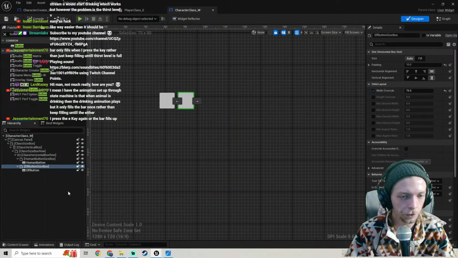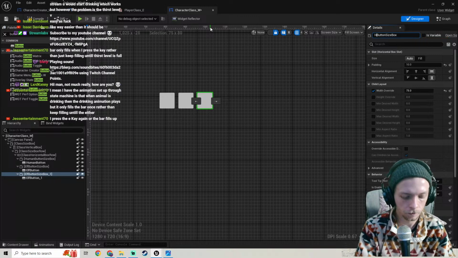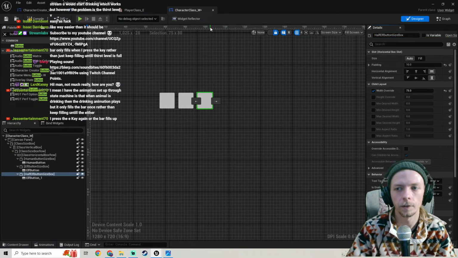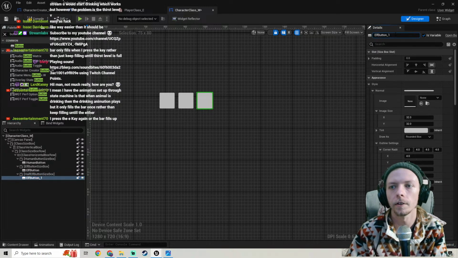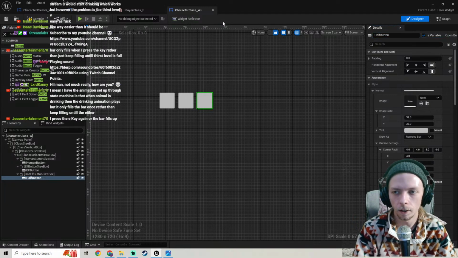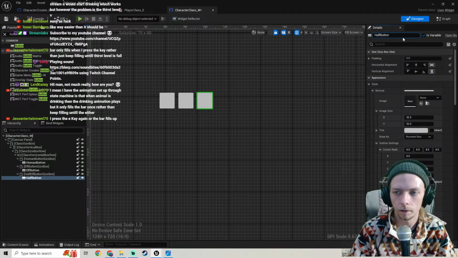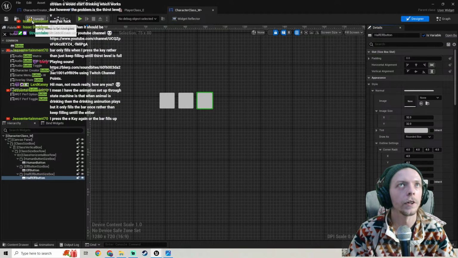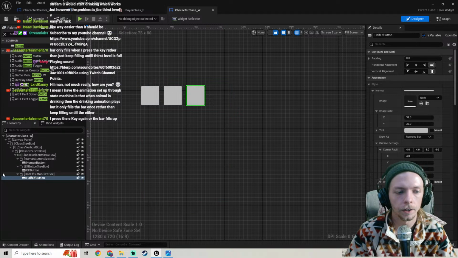Then we will duplicate that. This will be our half elf. Which will be our half elf button. Oops, not half button. Half elf button. There we go. And then